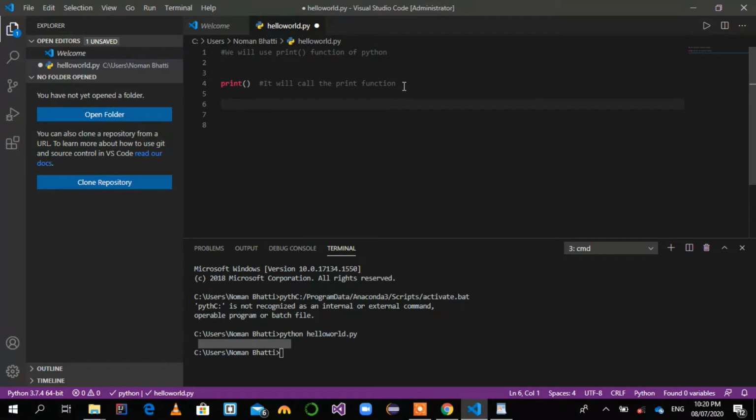Now we are going to use a string, or some text, to print hello world in the print function. We use double quotation marks to print strings because this function takes only strings. If we pass another value, it will automatically convert it into a string.